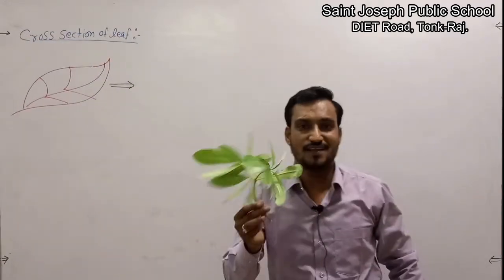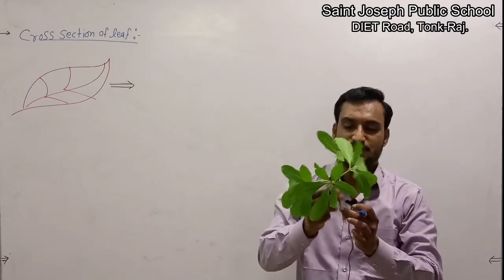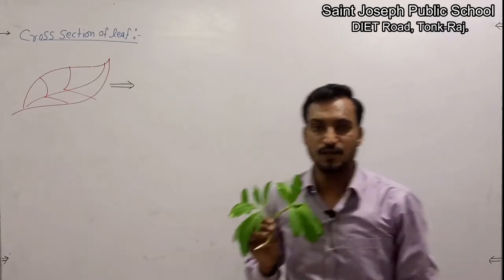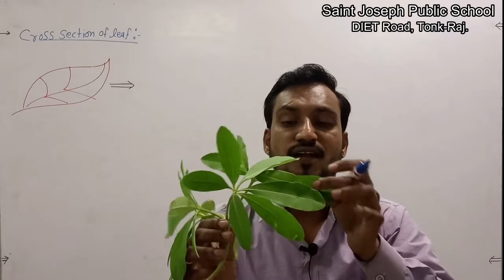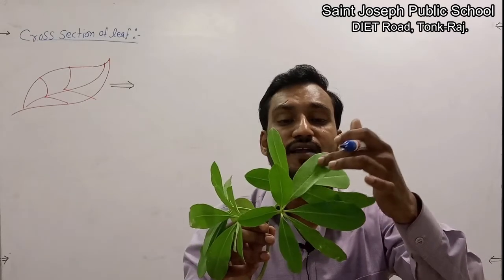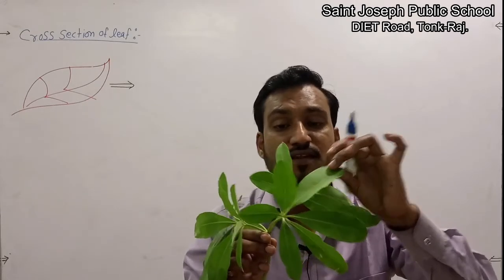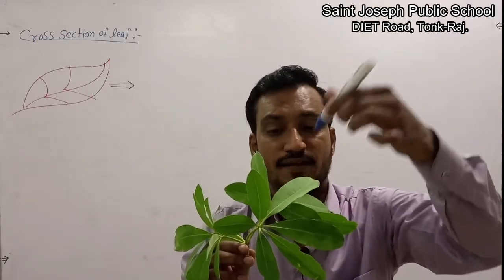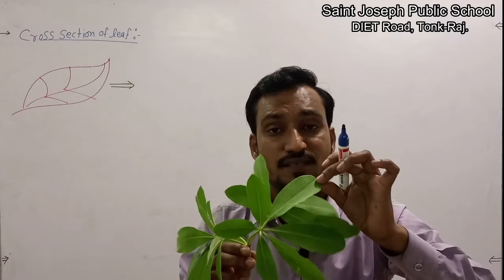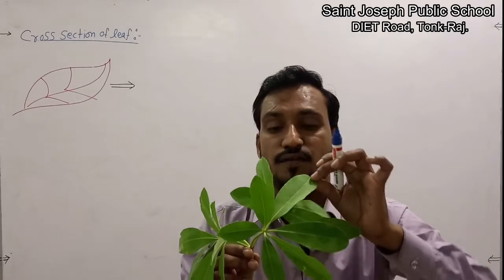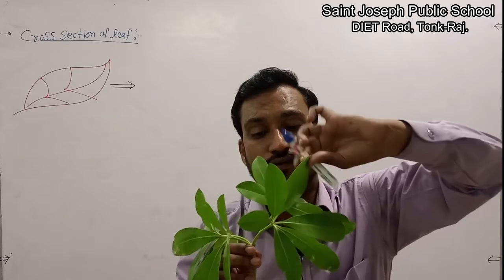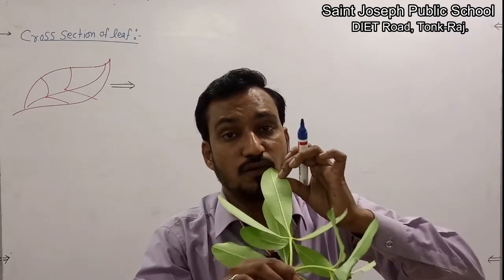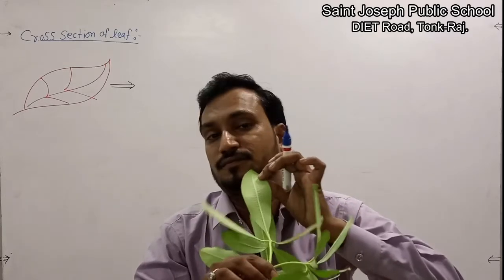Look here, these are the leaves with a small branch. These are the branches and these are the leaf. You can easily observe that these are dark green in color from here. That is the surface which faces towards the sunlight. This face is dark green in color. Now I am opposing the leaf. Now look here. These are green also, but they are light green in color.